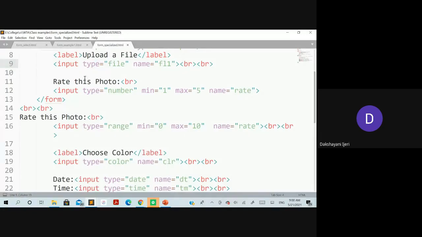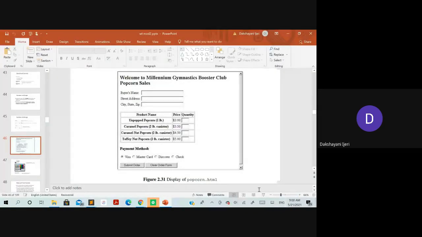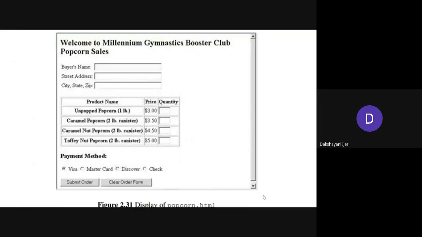Whenever you use them in your program, you can just simply miss some of the attributes to experiment with how it makes a difference. You have to do that whenever you work on your own, then only will you get to know what difference it makes with every element and every attribute within that element. Okay, so is this example clear to you? Is this example clear to you?